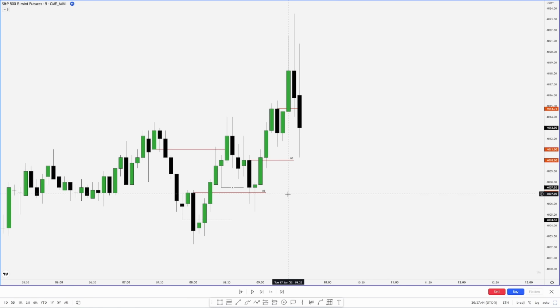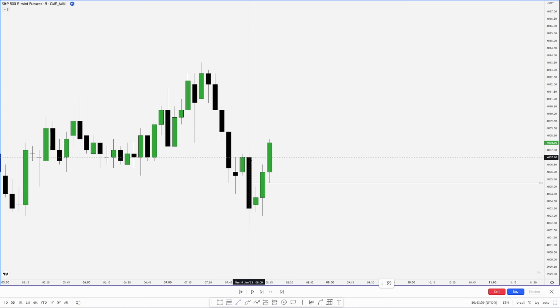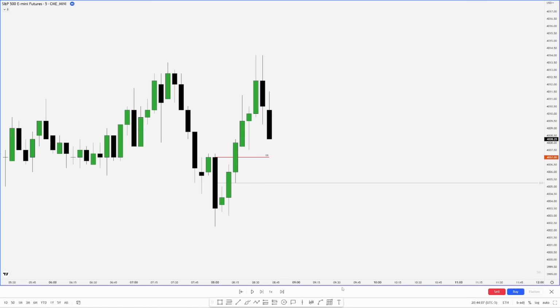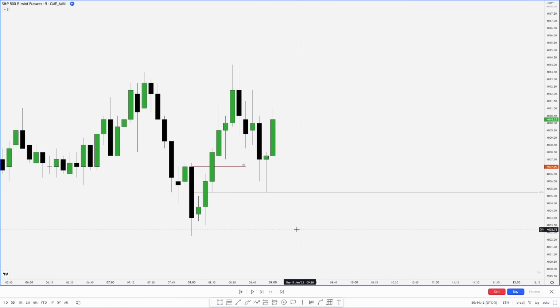I would say experiment with the open versus the wick and single versus series and figure out what works for you and what you enjoy the most. The last thing I'm going to cover is what is the mean threshold of an order block. All it is from body high to body low, a 0.5 fib of that area. So instead of possibly using the open of this order block, as we showed in the last example, you can look to enter on the mean threshold, which you can see worked fairly well right there.